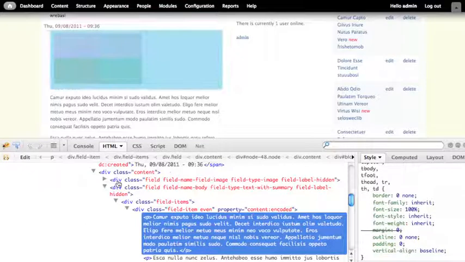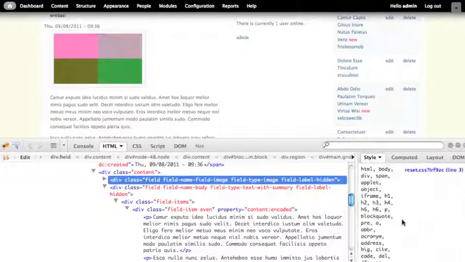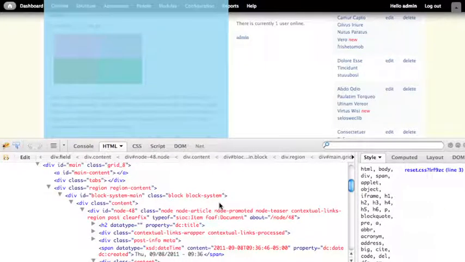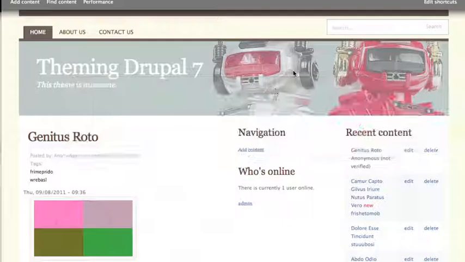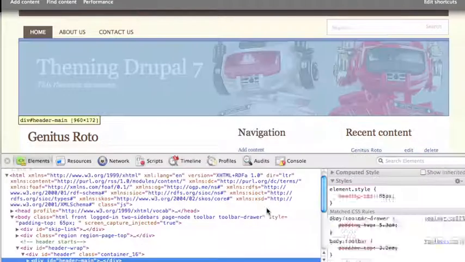So we can go in and we even can click right in the HTML to see what CSS is being called and from which file. So that can be very, very helpful. This toolbar that I'm showing you right now is called Firebug, but Chrome and Safari have a very, very similar one. So if we tab over to our Chrome, we can right click and click Inspect Element, and it's going to provide us with a very similar interface